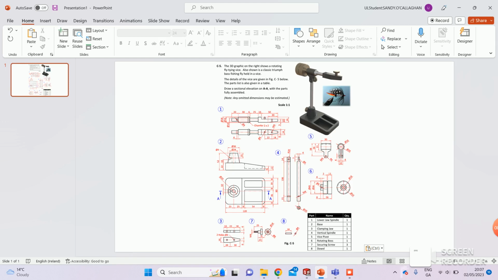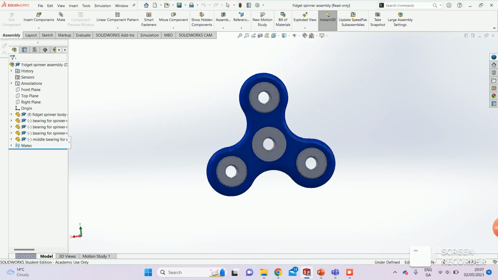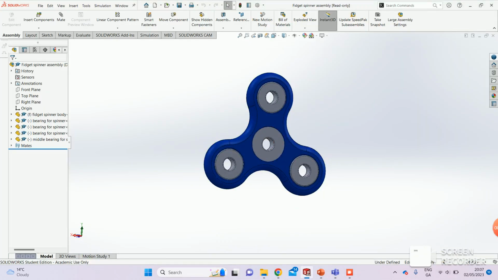So the resource I created to help show this to students was this here. I made a simple fidget spinner on SolidWorks, and the reason why I went for a fidget spinner is because I know